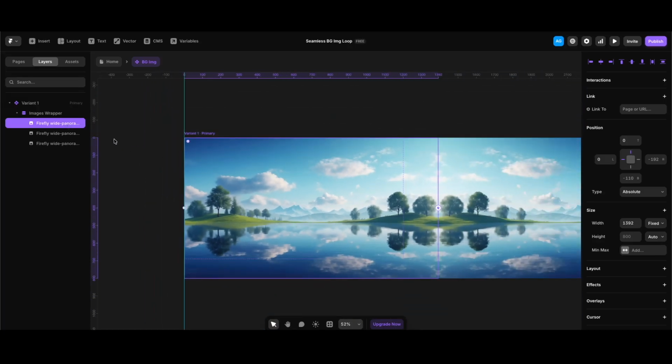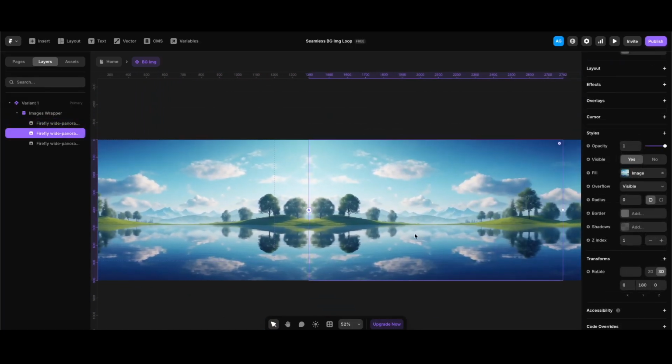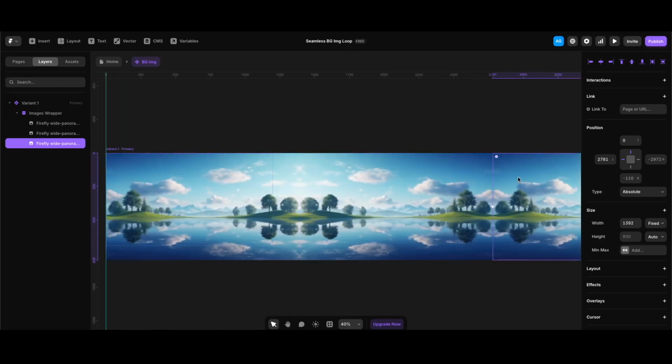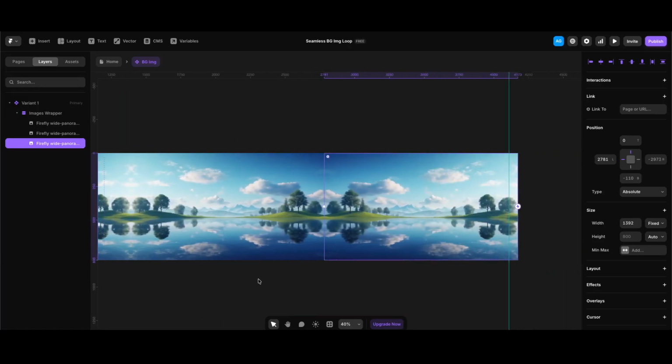After duplicating the first image, I flipped it horizontally to create a symmetrical panoramic image, which was the only way of creating a seamless background image. And you can see its Y rotation is set to 180 degrees, which flips it horizontally. Then the third image is the exact same as the first one without any transforms. Since the second one was already flipped, the third one served as the last symmetrical addition to our wide panoramic background image. It also helps us to end the slide animation in the exact same look it began, creating the seamless